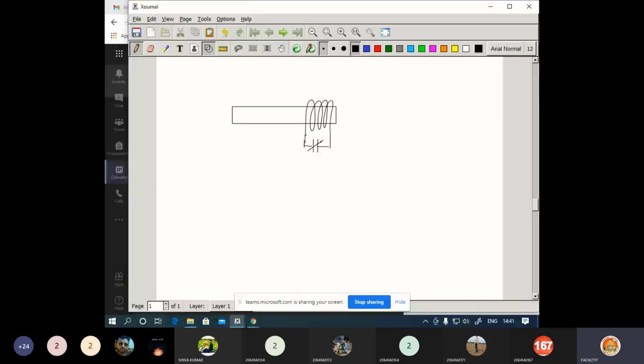Okay, and this is a variable capacitor, and this is connected to a transistor, and this is the emitter, this is collector, this is base, and again this coil is connected through base, and here there is a DC source, and here we are grounding this. We will consider this as a ground, and to measure the current, here is the ammeter. Now here it is going to create the alternating magnetic field.